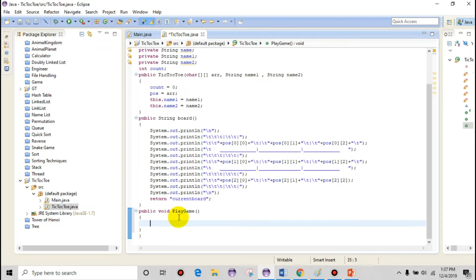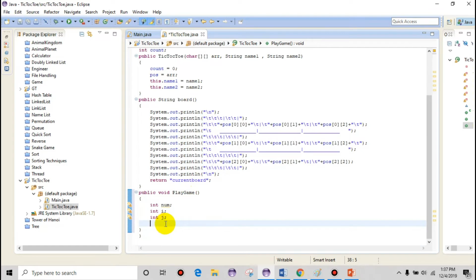So now I will write int num and some more, like I will create some more integer variables like int i, int j, and char lang. Why I created this variable, I will let you know later, and it will contain a blank space,